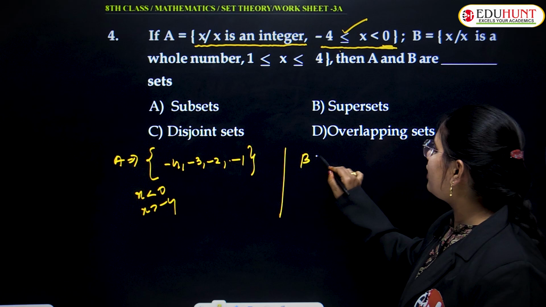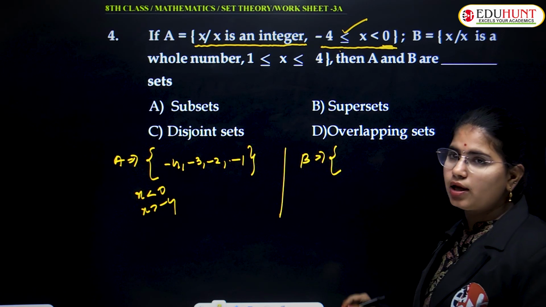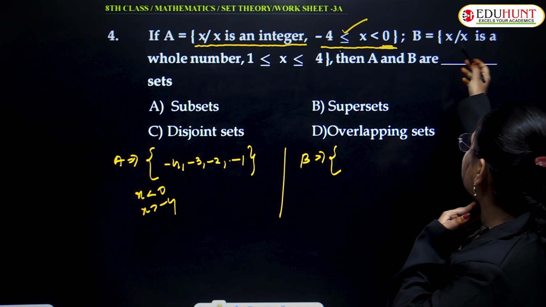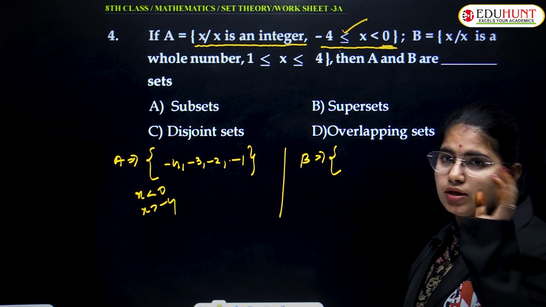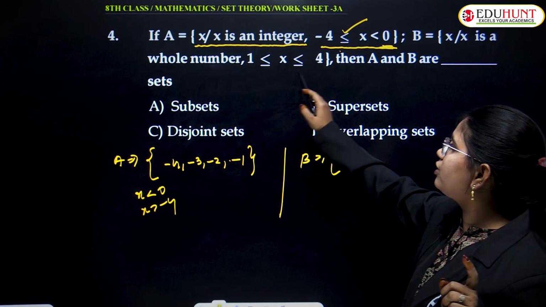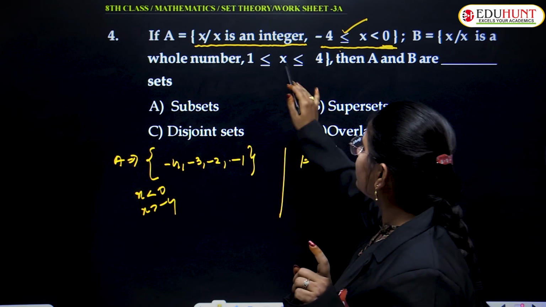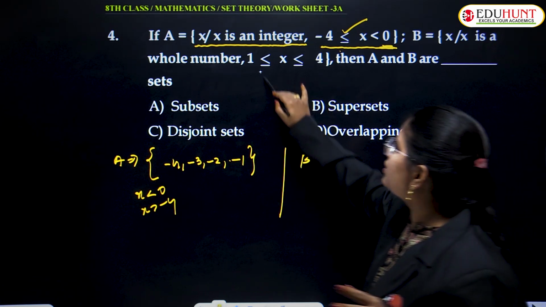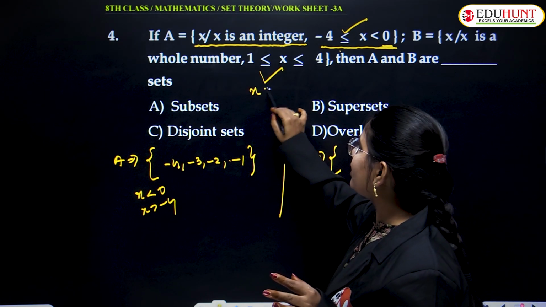Similarly, I also have to write the elements that are in the B set. Correct? So what are the elements in the B set? X is a whole number. A whole number starts from 0, right? So what are the conditions they told you, like 1 less than or equal to X, right? 1 less than or equal to X means I can write X is greater than or equal to